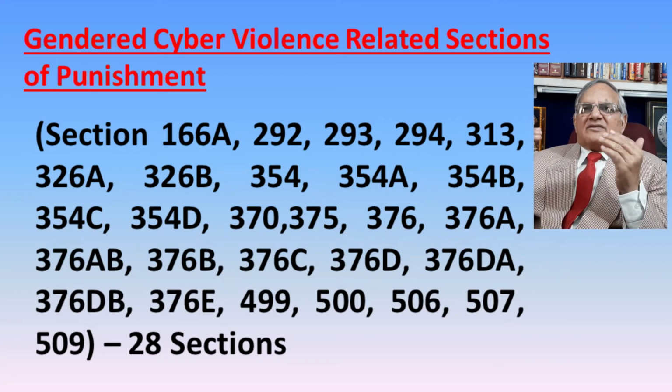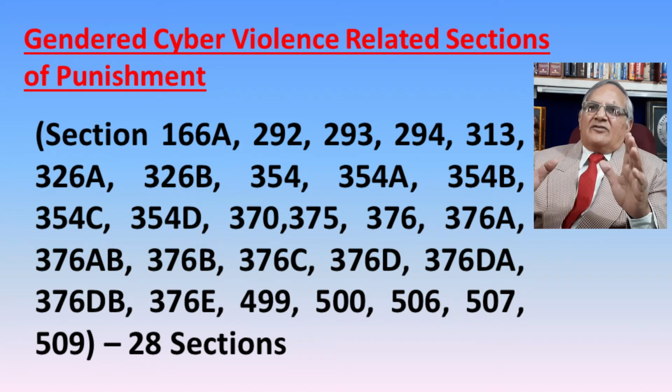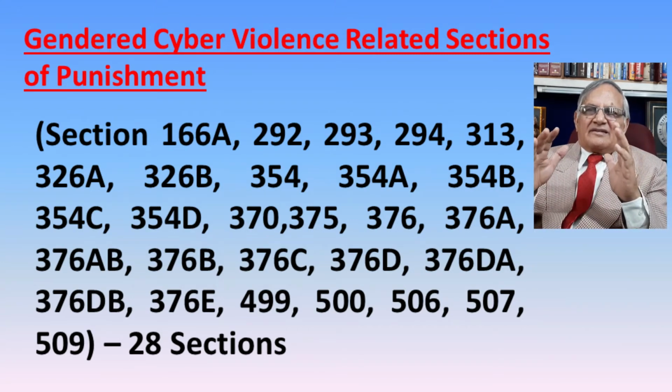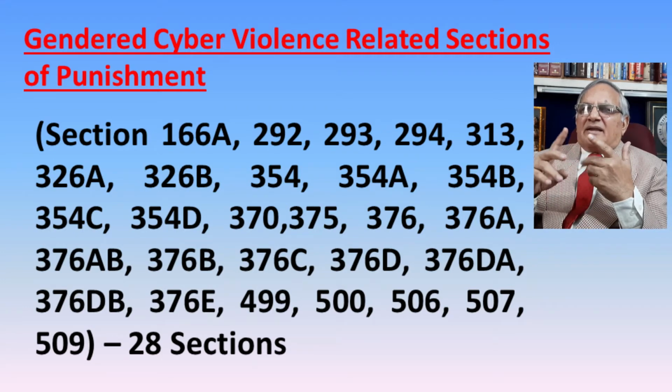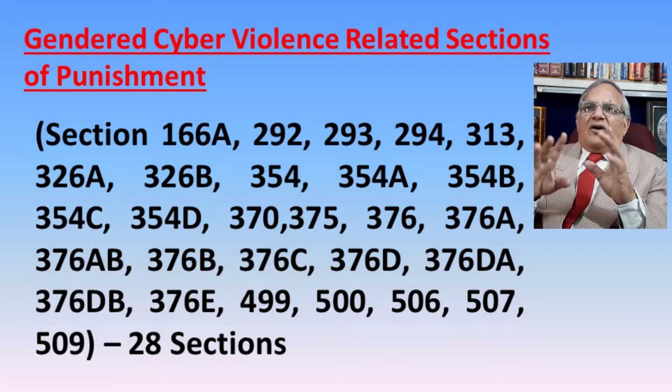Now we start with section 292, and 292 is the sale of obscene books. अक्सर आप देखते हैं कई दफ़ा obscene literature आपको books के रूप में मिल जाता है, तो IPC के अंदर यह section 292 के अंदर punishable है, और इसके अंदर यह लिखा है कि कोई भी book है, pamphlet, paper, writing, drawing, painting, representation, figure or any object shall be deemed to